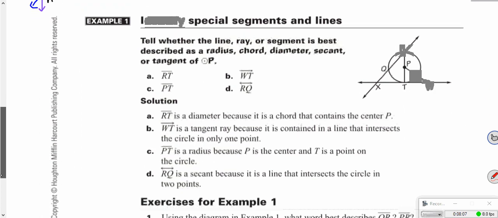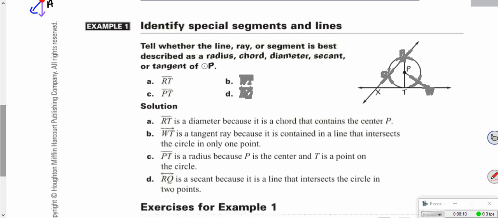Example one, identify special segments and lines. Tell whether the line, ray, or segment is best described as a radius, chord, diameter, secant, or tangent of circle P. Now notice this symbol here. That's our symbol for circle, this little circle with a dot in the middle. So segment RT obviously is a diameter because it's a chord and it goes through the center